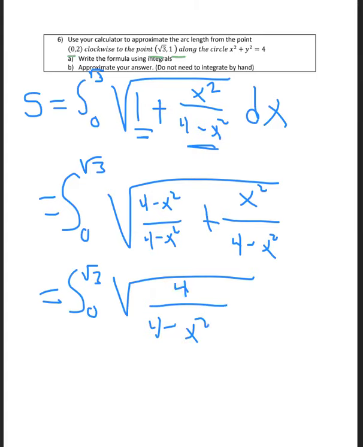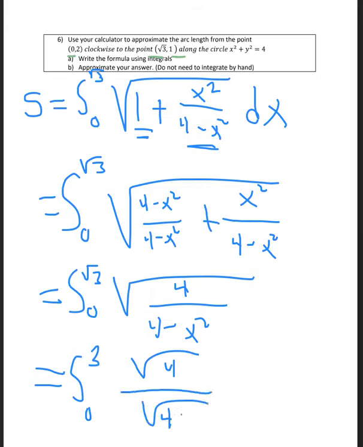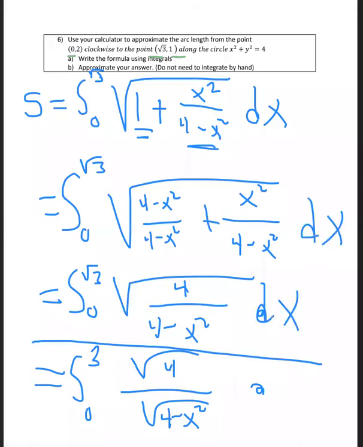In order to get the answer she had on the review, you can now split it up. You can do the square root of 4 over the square root of 4 minus x squared. That's the same thing as this term over here. So this is the same thing as that. And then finally, don't forget to write the dx. I've been forgetting, but don't forget. And finally, what you can write it as is the integral from 0 to radical 3 of 2 over radical 4 minus x squared